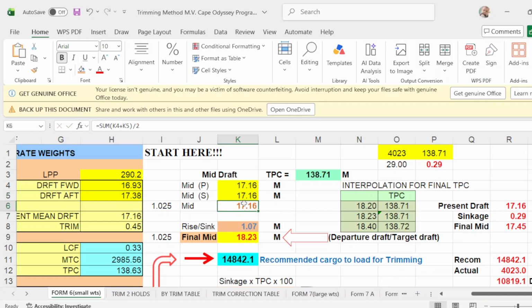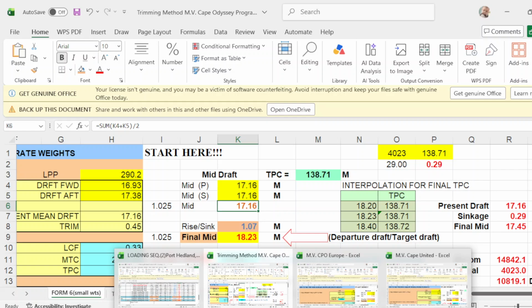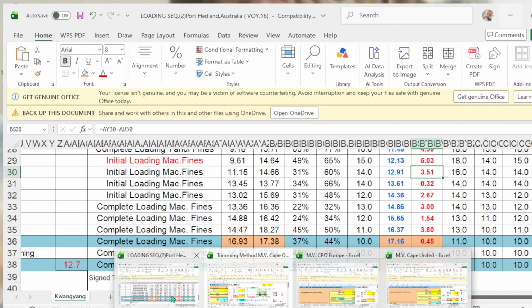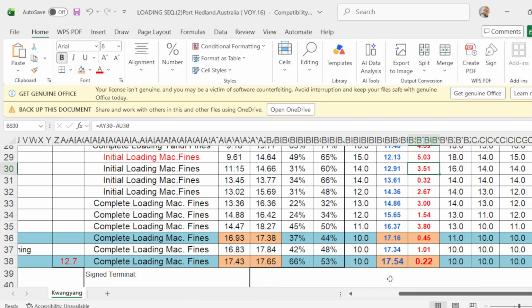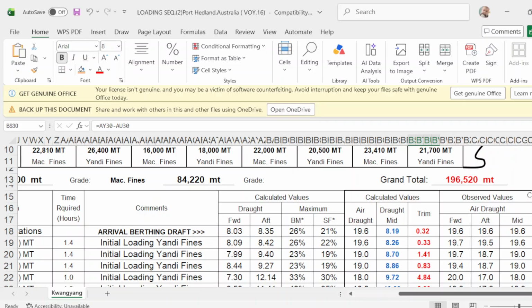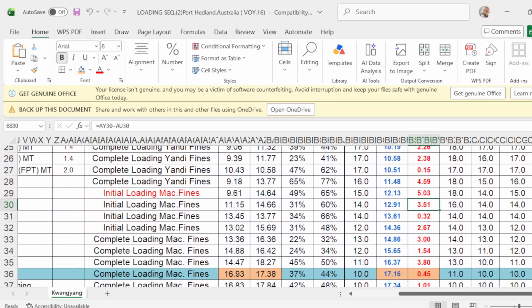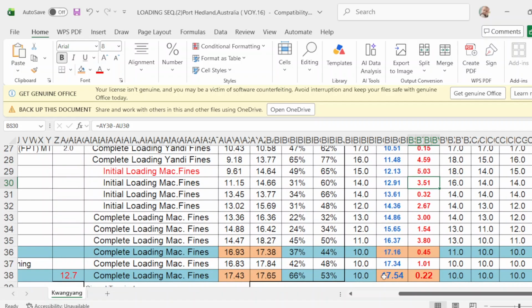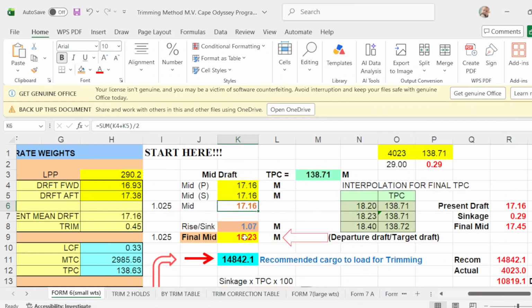Okay, and what is our final departure draft here? The final departure mid draft is 17.54, which is this one, the blue one, 17.54. Okay, take note of that. So you put here 17.54.